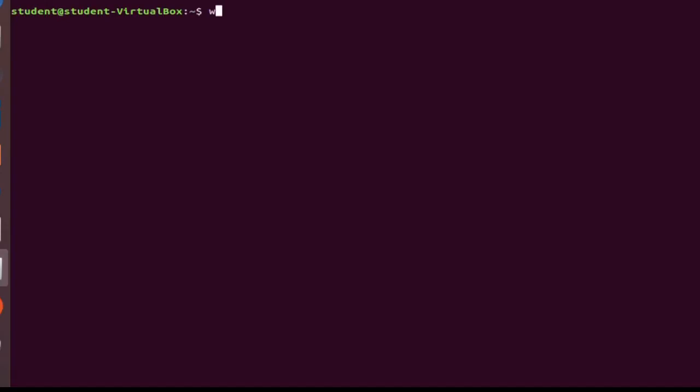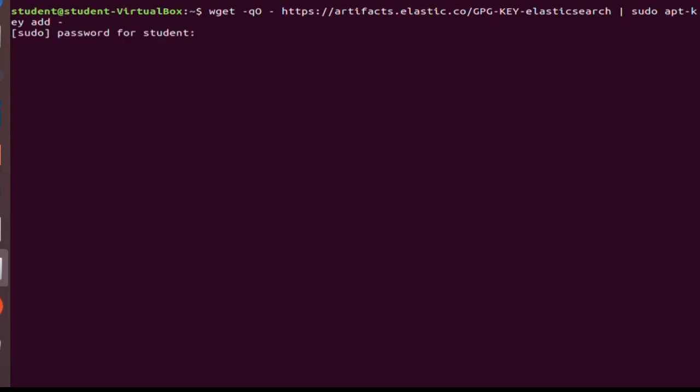Okay, let's install Elasticsearch. wget -q https://artifacts.elastic.co/GPG-KEY-elasticsearch | sudo apt-key add -, and you need to give the password,